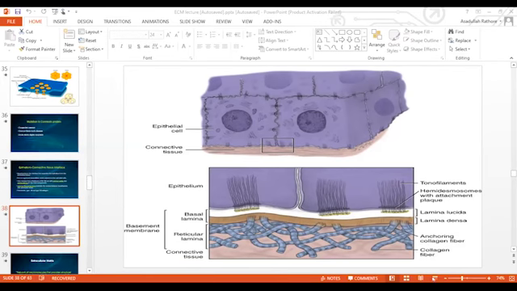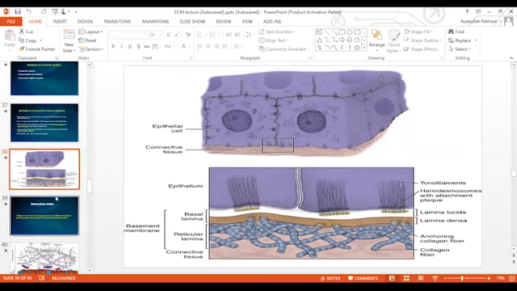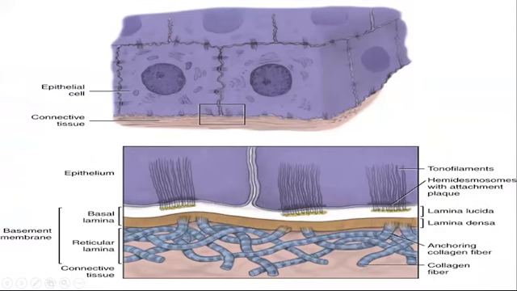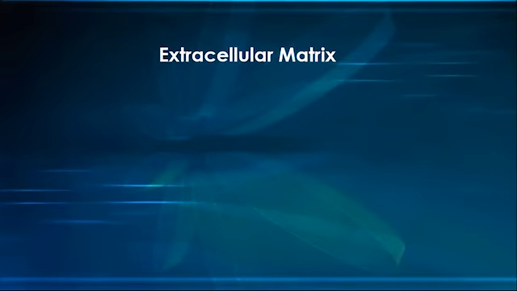So this arrangement of the epithelial connective tissue interface is very important, and this is how you need to remember it. Okay. So next we move on to the extracellular matrix. And now we will study in detail what are the different components that are present in the